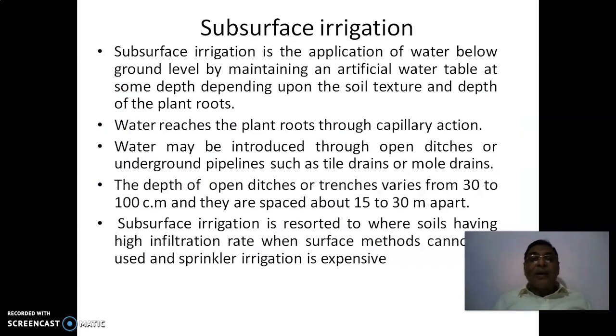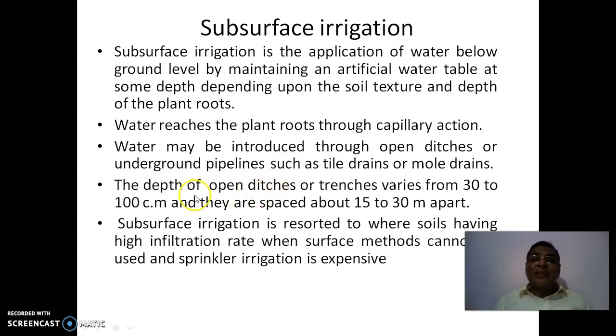So now we talk about subsurface irrigation. So far we have talked about surface irrigation, which includes several methods, including the border strip irrigation method, the check basin irrigation method, and the furrow irrigation method, and their many sub methods. Again, for each method we have discussed straight and contour layouts. Whereas here it is a subsurface irrigation method.